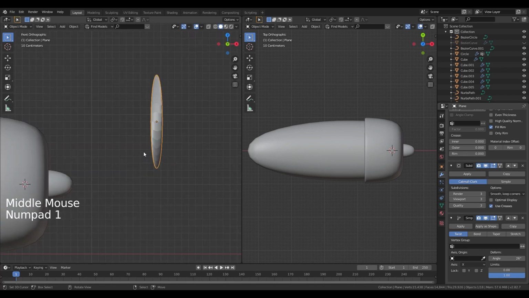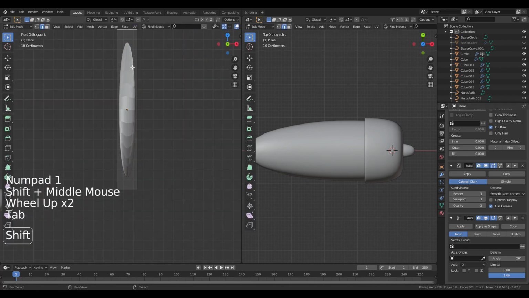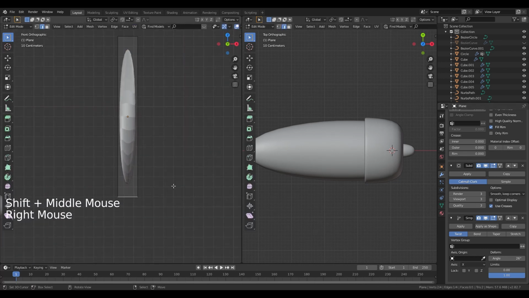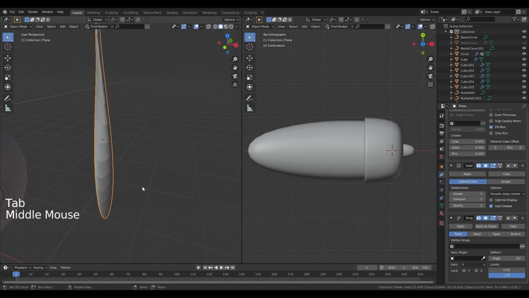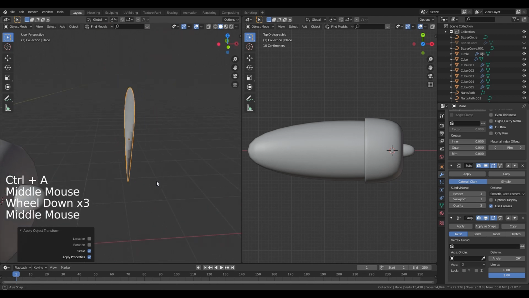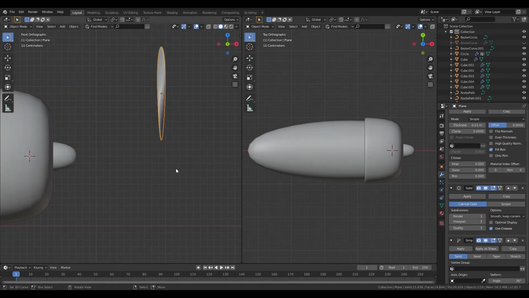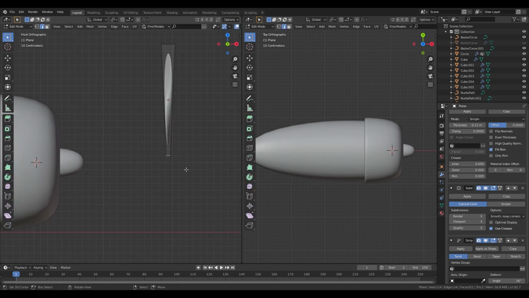I want to go back into edit mode, and I want to scale the bottom part on the x-axis so it's a bit thinner. I can also scale again, shade smooth so I see a bit better what's happening, like so. I want to have 3 of these propeller wings distributed around the nose. Go into edit mode, select the bottom edge, press Shift S, cursor to selected, and then exit edit mode,